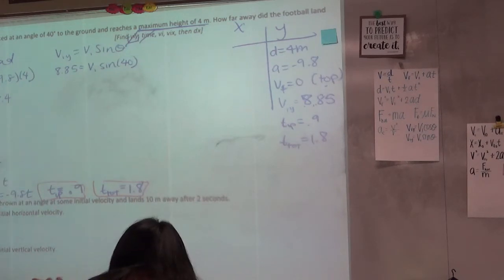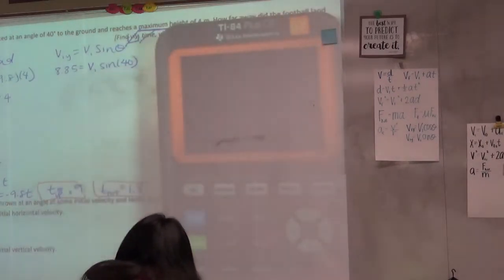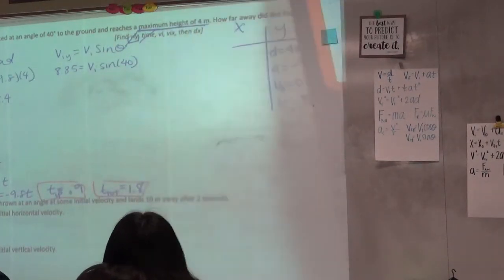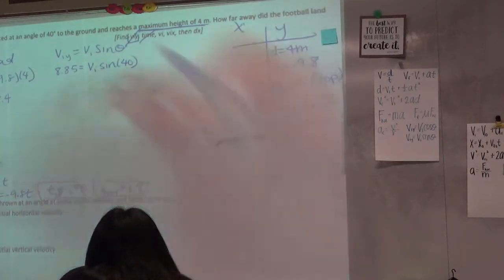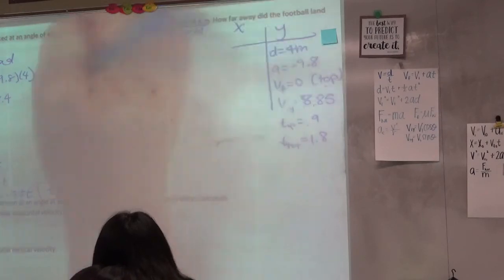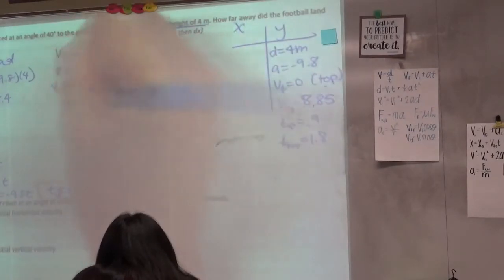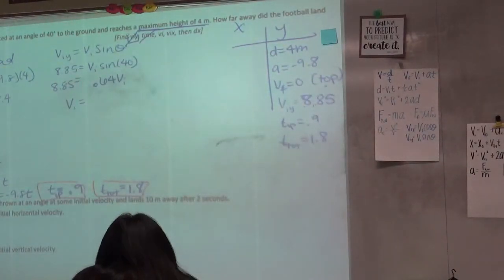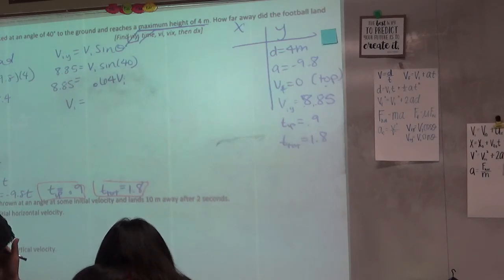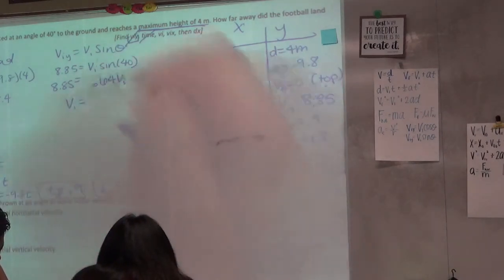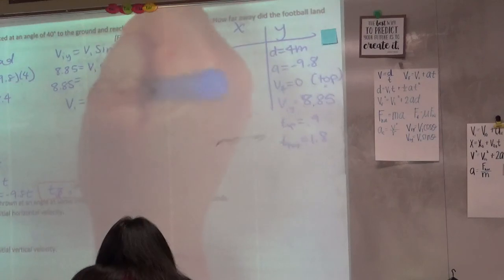Now here, most of you guys are scared of sine, but sine of 40 is just a number, so let's just put that in our calculator. Sine of 40 degrees. What is sine of 40 degrees? 0.64, so this is just 0.64 VI. And now it should be easy to get VI by itself, so solve for the total initial velocity. So what did you guys get for VI when you divide this over? Yep, 13.76. Good. Now let's talk